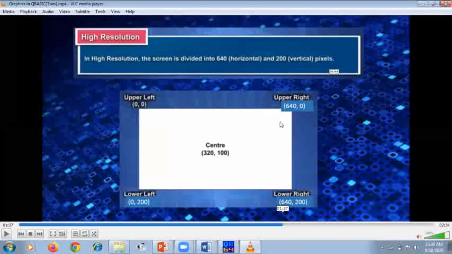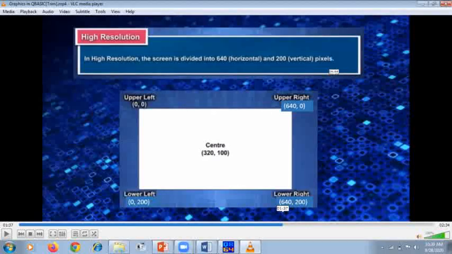Here I can place 640 pixels horizontally. Vertically both screen modes are the same, 200 pixels, but horizontally the number of pixels supported by screen 8, which is high resolution, is 640.